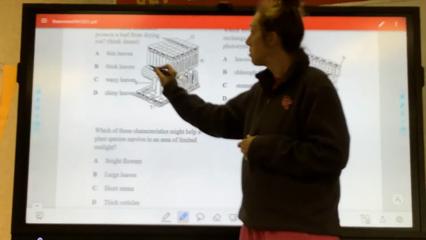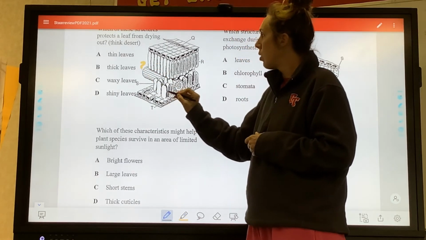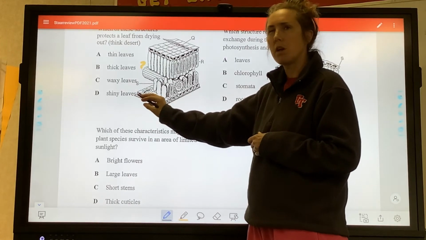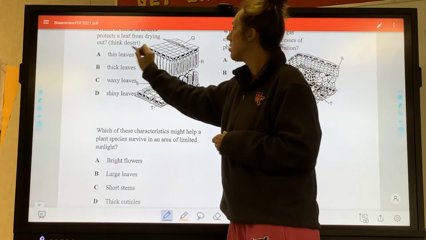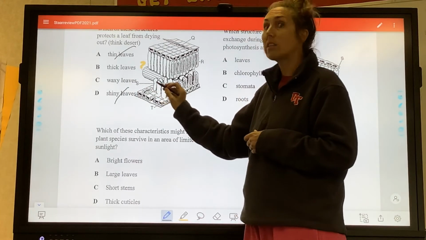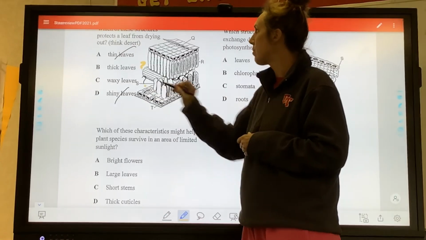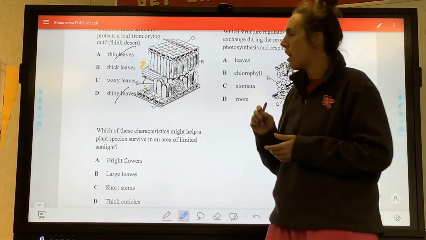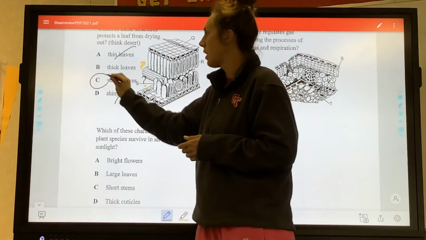Thick leaves, maybe. Shiny leaves, D, that's probably really good for photosynthesis, but not necessarily for drying out. So no thin, no shiny. Waxy leaves. Okay, so we do want thick, waxy leaves, and waxy leaves is actually the right answer because remember,